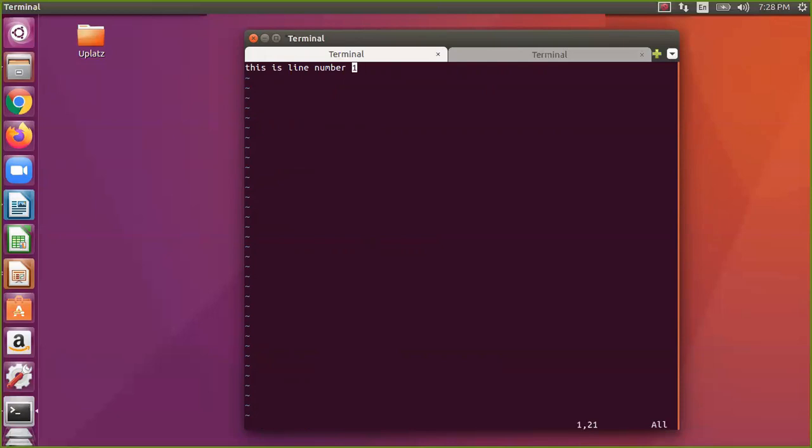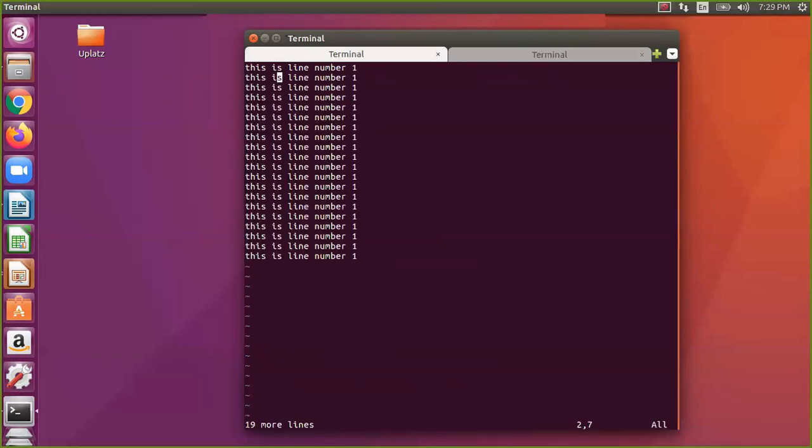I'll paste it, and I'll just quickly do this: 7, 8, 9, 10, 11, 12, 13, 14, 15.